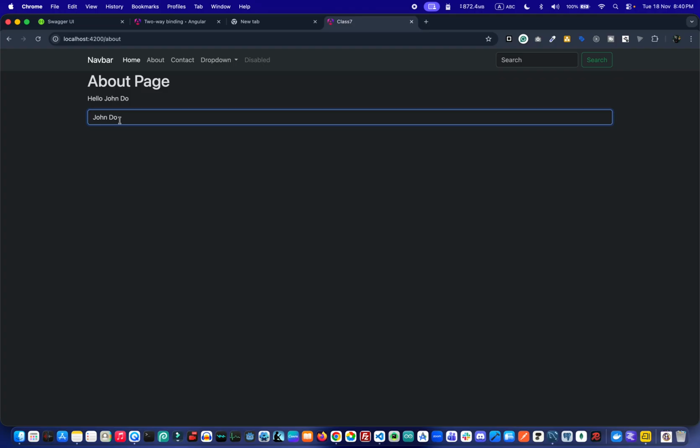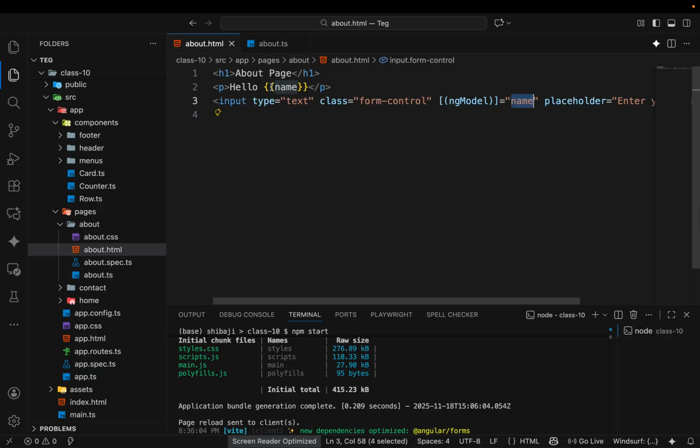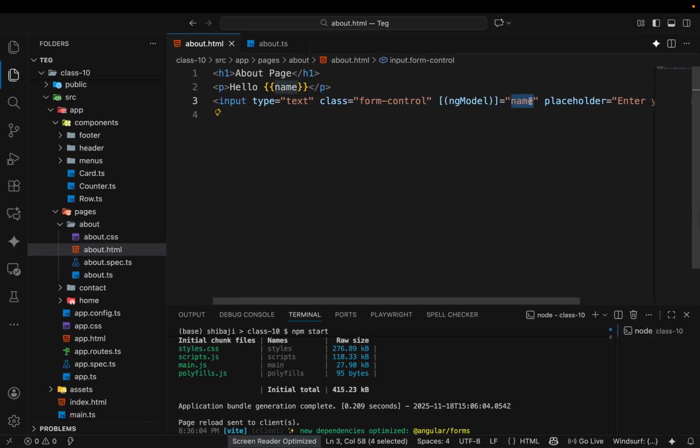Basically, when I input something here, that input gets the data from the HTML part to here, and after that the same value is put here. It is the same way, same level of activity. But if we want, this particular name variable works as both an input and an output. This variable is both an input and an output,